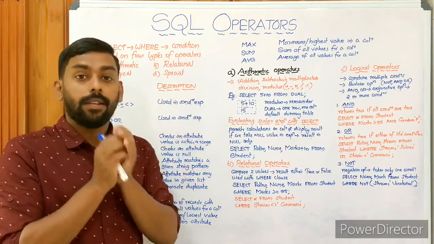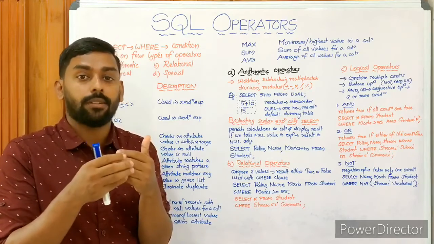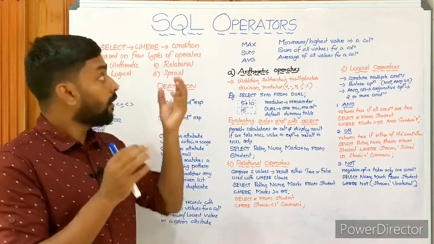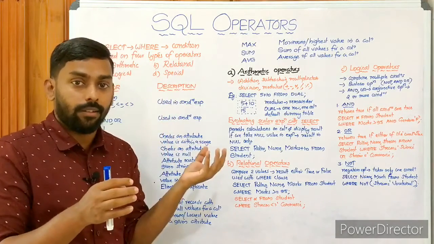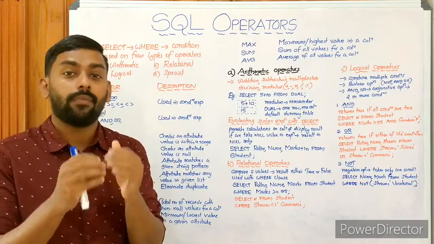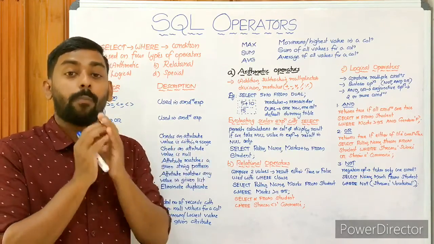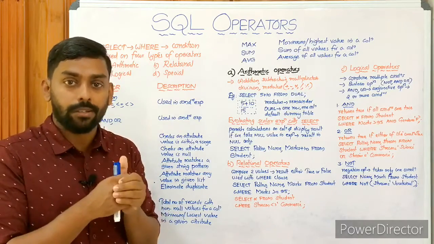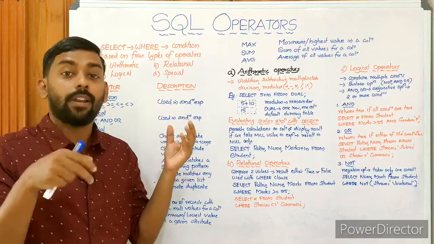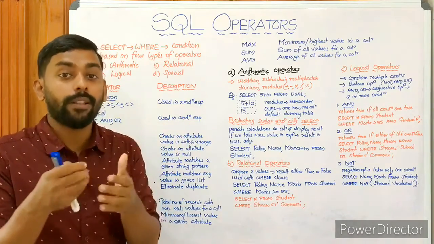And today we have SQL operators for discussion, and there are several operators used with the select command. Almost all of these operators are used with select, so at the time of retrieving data we can apply all of them, right? So you know what operators actually are. Operators are used to perform operations. These are symbols used to perform operations, and here in SQL we have a set of operations that can be applied to a select command or along with select.